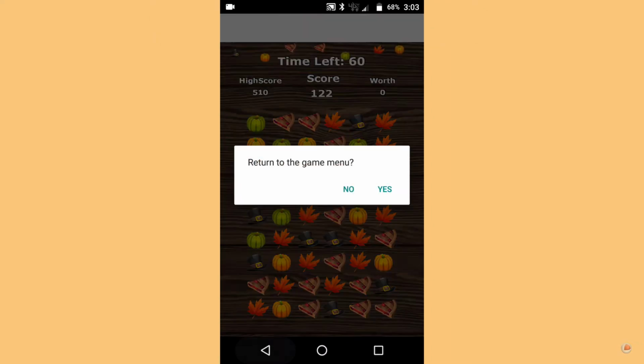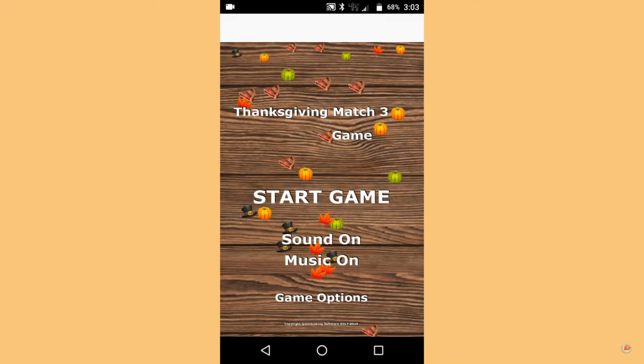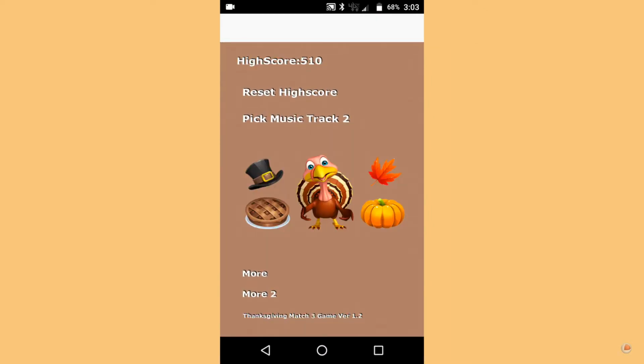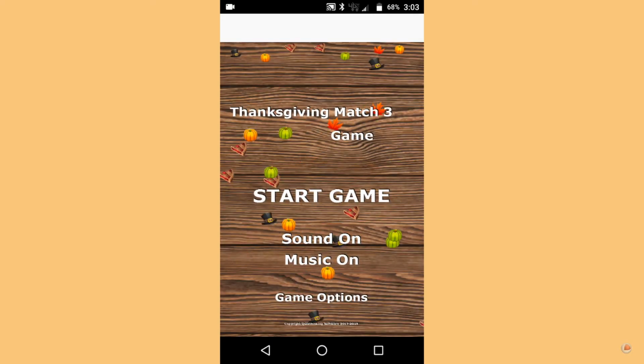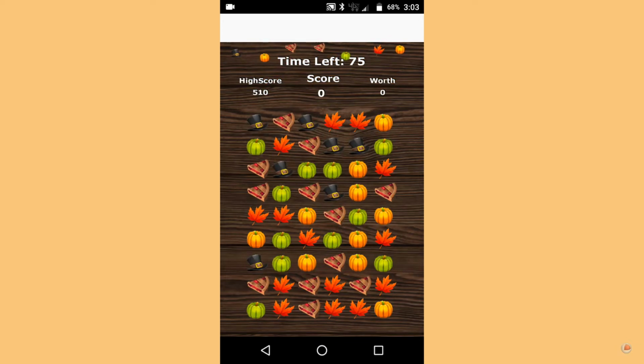Now, I'm not feeling the music here, so I'm going to go back and switch to the other music track. There are two tracks in the Android version of the game. Let's pick track number 1, go back to the game, and let's see if we can beat the high score